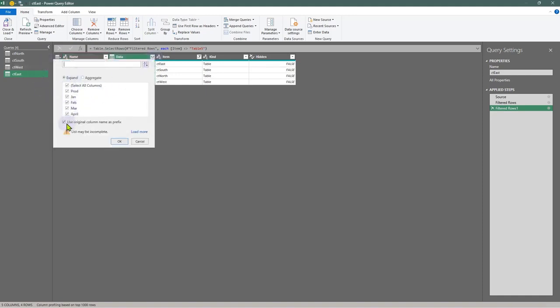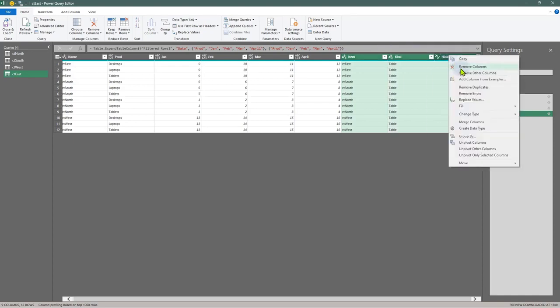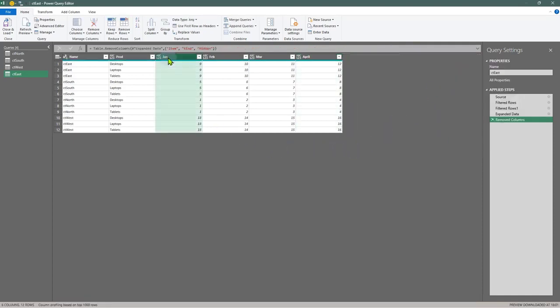What does it say? Do you want to expand? Yes. There are so many columns. Do you want to expand? Yes. And now we actually got this. You got the idea? We got exactly what we wanted. And then there are some unwanted columns also, right? What are the unwanted columns? Item. I want the column table name, so I keep this, but these columns I really don't need. So I remove the columns,